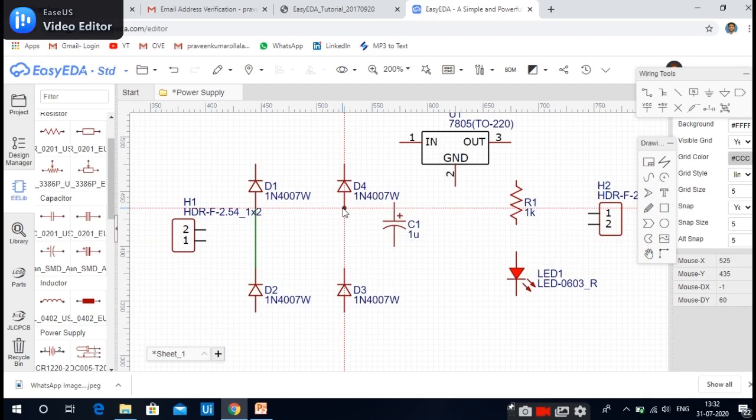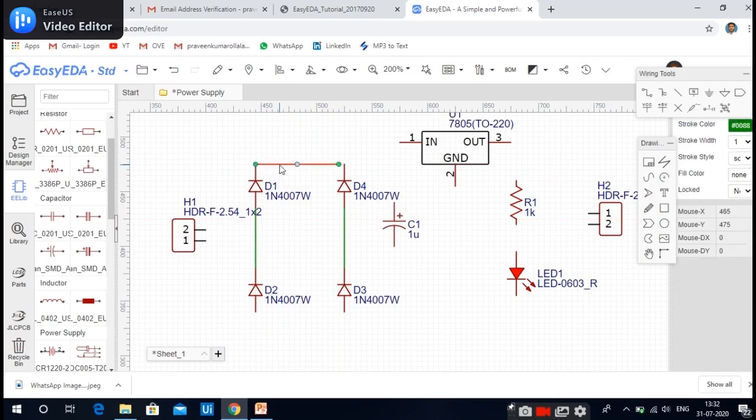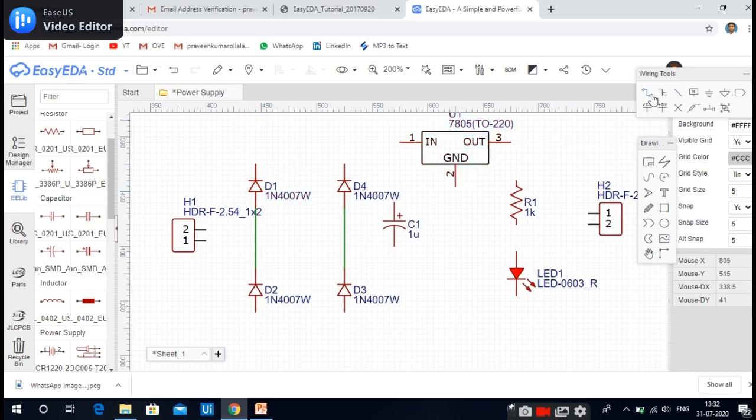If you press escape it will be erased. Just go to wire, click here, here, then here.